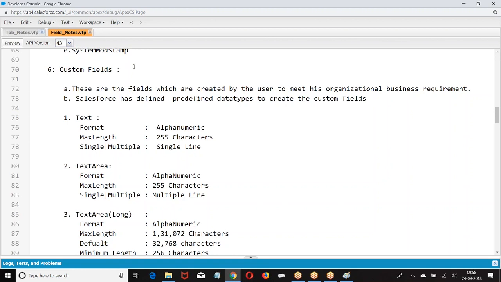But the point here is, what type of data is stored in that field? You are creating your own fields. In that field, what are you trying to store? Is it a text? Is it a date? Is it a boolean? What type of data is stored? So if you want to tell what type of data is stored, we need to talk about data types.